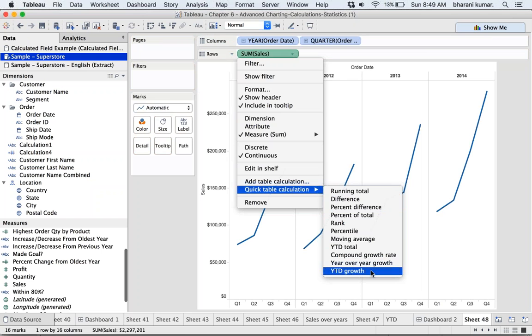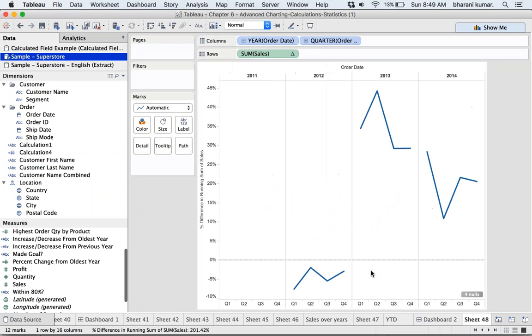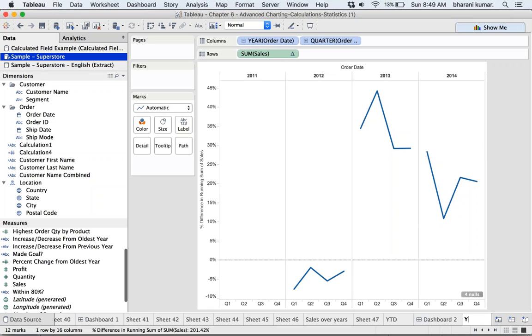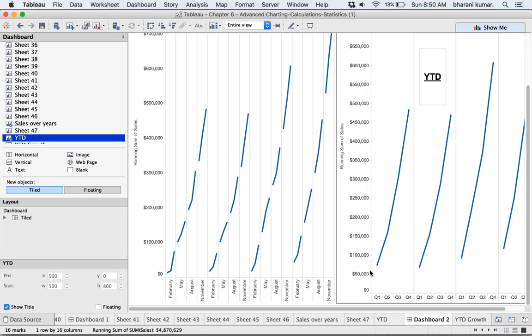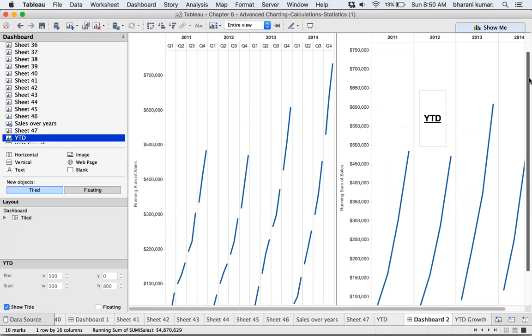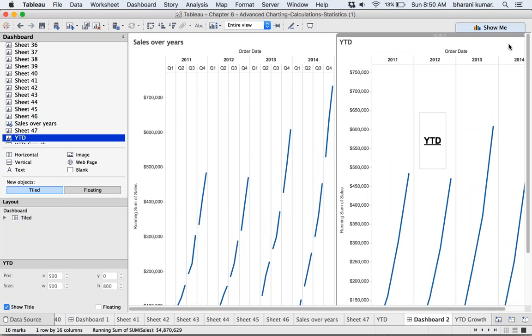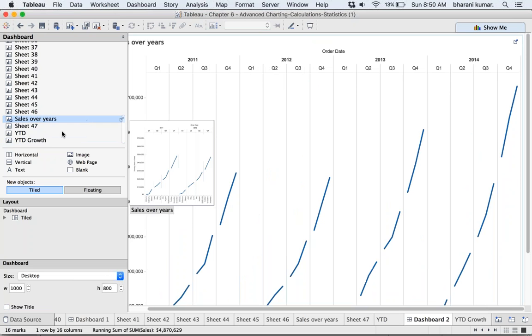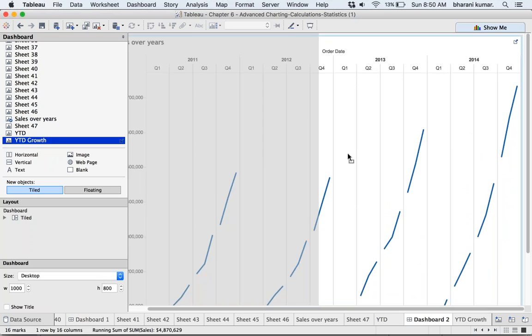YTD is year to date growth. So we have YTD growth here,